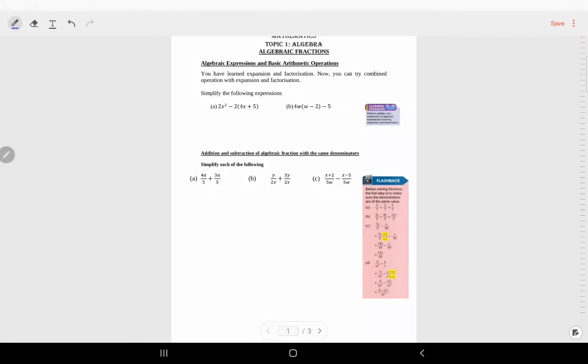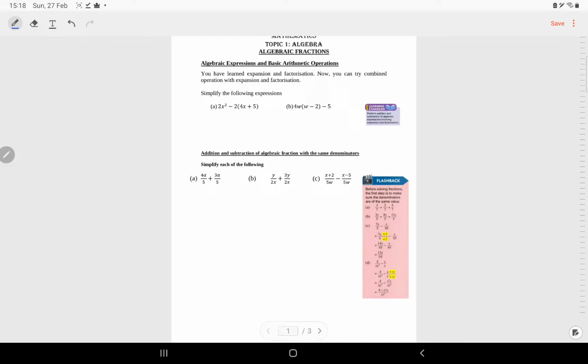Okay, today's topic is algebraic fractions. Basically, there are fractions, like 1/2 or 2/5, but now they will involve variables. So other than numbers that you will see in your fractions, you will also see letters, and these are variables. Okay, so before we have a look at algebraic fractions, today we will cover addition and subtraction of